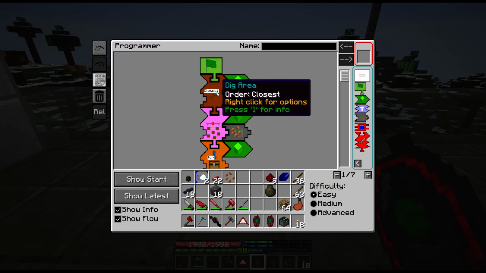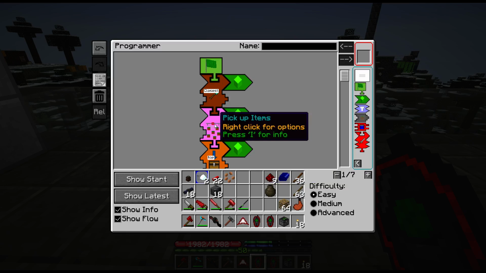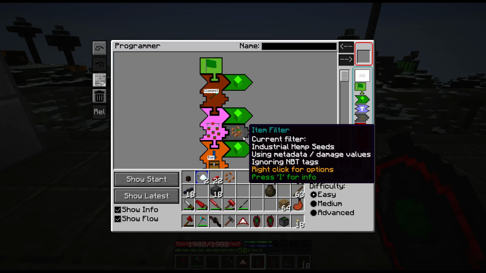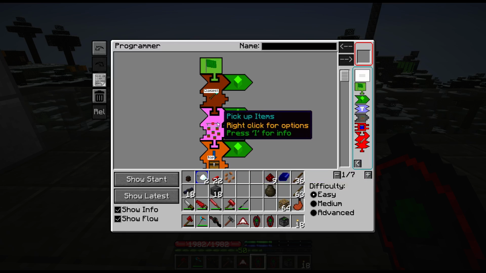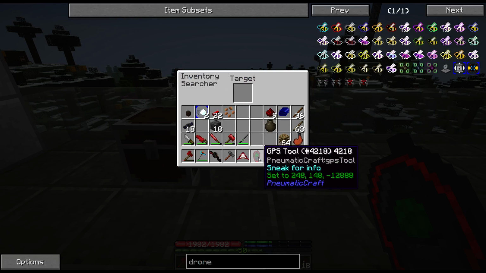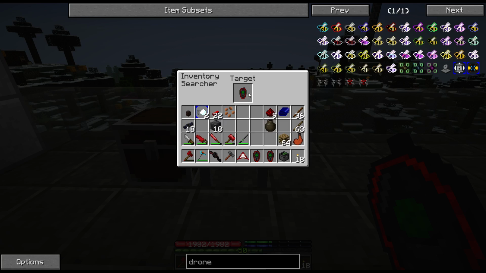Alright, so now that we've dug or broke the sugar cane, we want to pick up items, and we can right click this for options. We can show the area. We don't need that. Here it is, item filter. So this is just pick up items. Well, actually, let's do the area, because we need to change the area. I'm going to do that and do this,